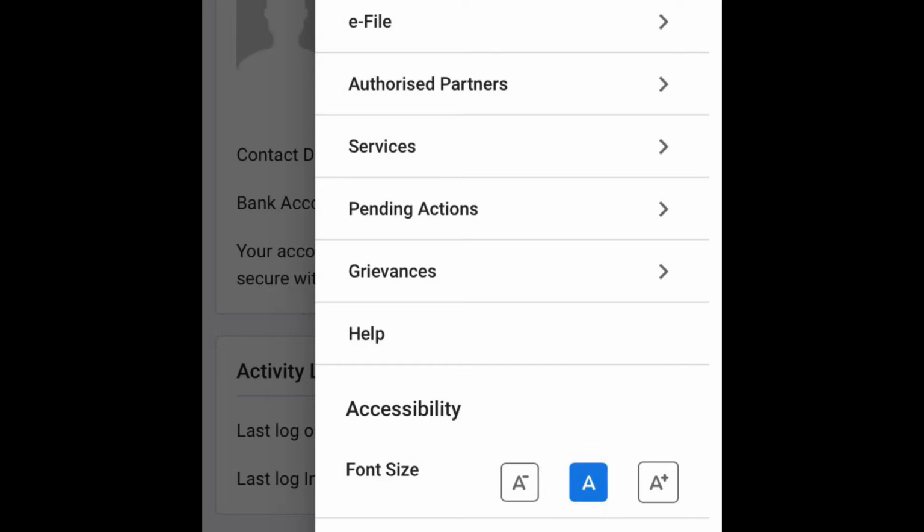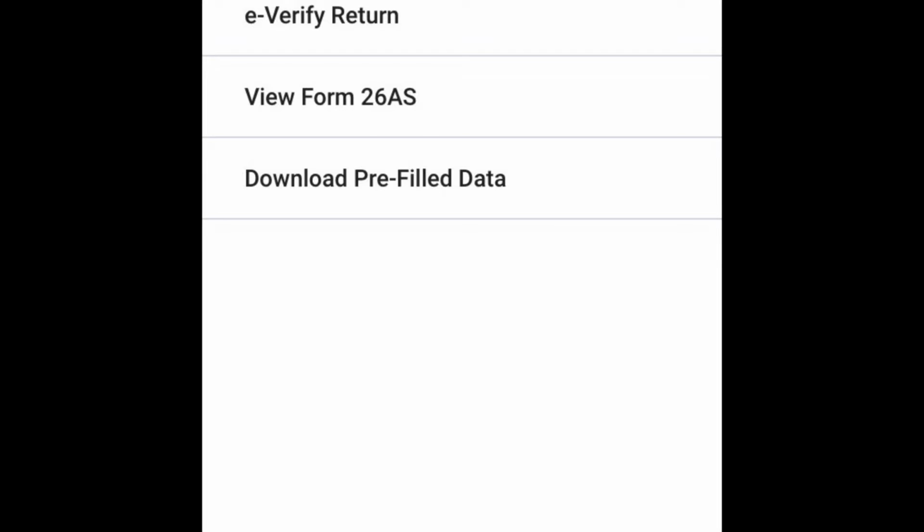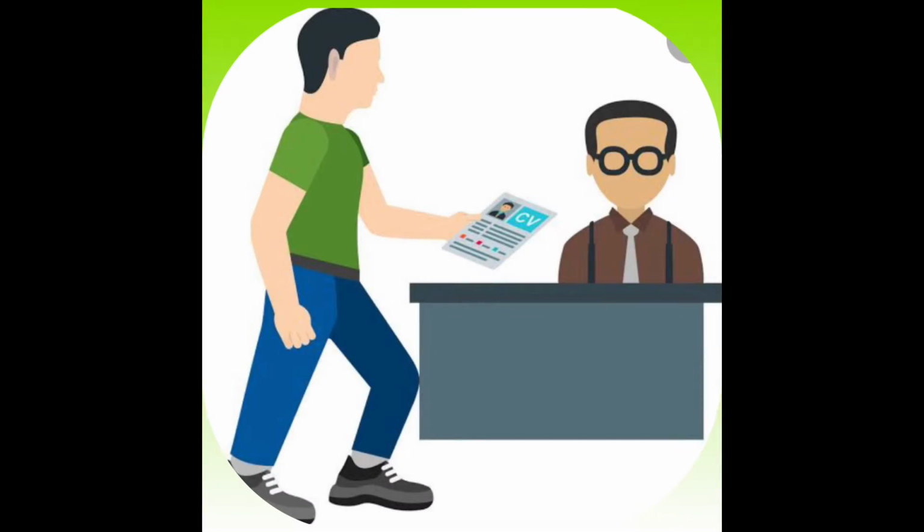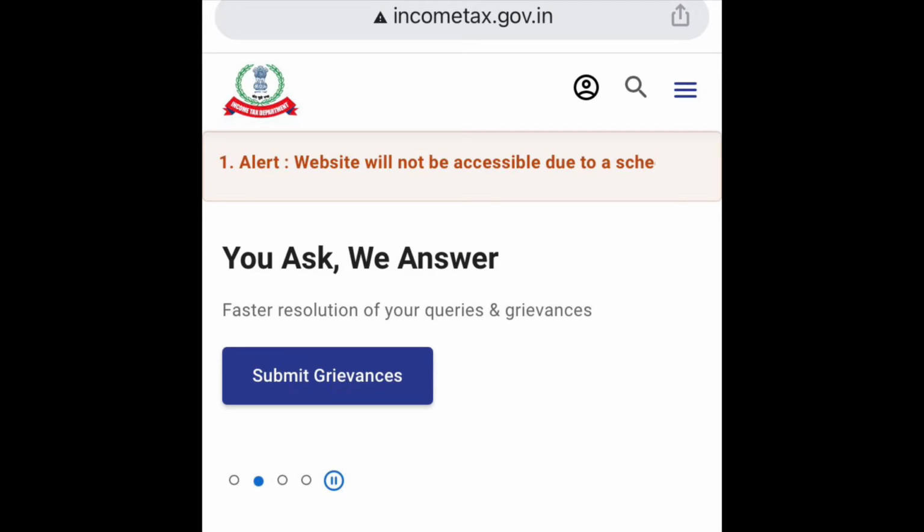Please make note that form number 16 will be available to you for all salaried individuals from their employer. Form number 26AS is available from the income tax website, and your interest certificates of course are available on your banking websites. You can also download these interest certificates physically by visiting the branch and by submitting a request letter. In order to start this process of filing, I have basically used the income tax portal, the link of which is mentioned in the description box.